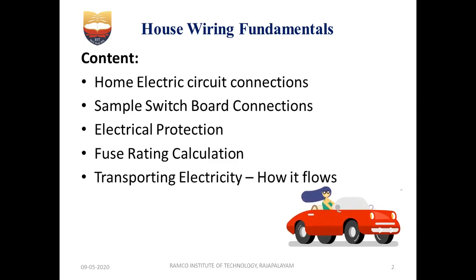So connecting some source with some active and passive elements to do a particular operation. That entire setup is called an electric circuit, right? So that is a low power consumption and low voltage circuit. But in our house, we are going to deal with 230 volt AC. In our home we are getting AC supply with a voltage rating of 230 volt, 50 hertz. So how are we going to make electric circuit connections?